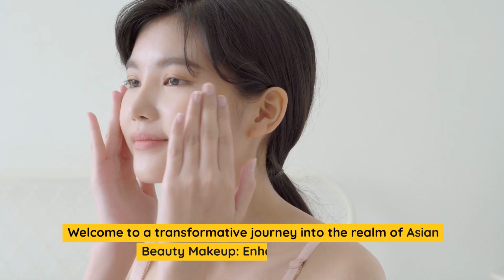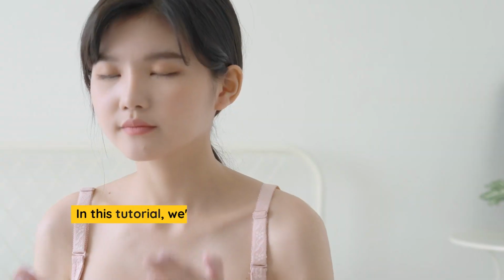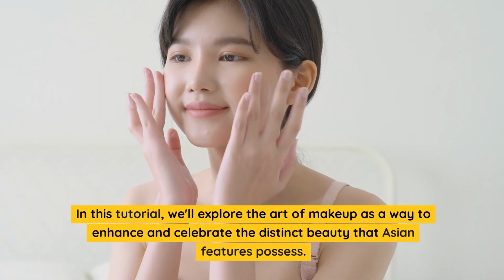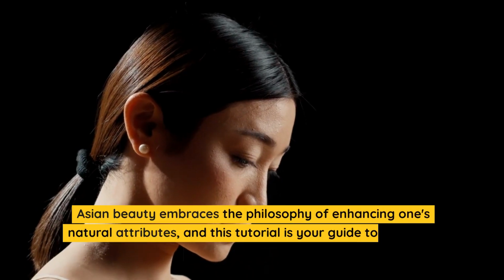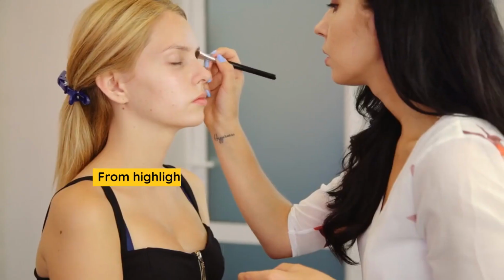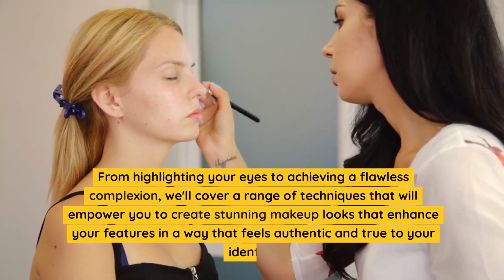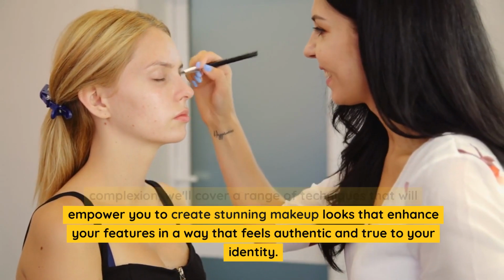Welcome to a transformative journey into the realm of Asian beauty makeup, enhancing features. In this tutorial, we'll explore the art of makeup as a way to enhance and celebrate the distinct beauty that Asian features possess. Asian beauty embraces the philosophy of enhancing one's natural attributes, and this tutorial is your guide to achieving that perfect balance. From highlighting your eyes to achieving a flawless complexion, we'll cover a range of techniques that will empower you to create stunning makeup looks that enhance your features in a way that feels authentic and true